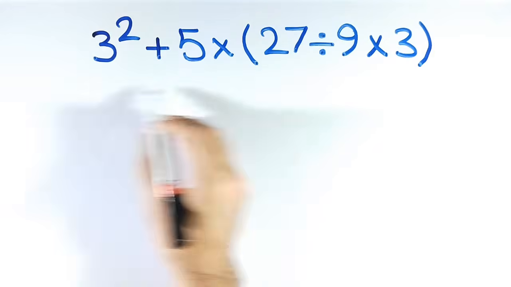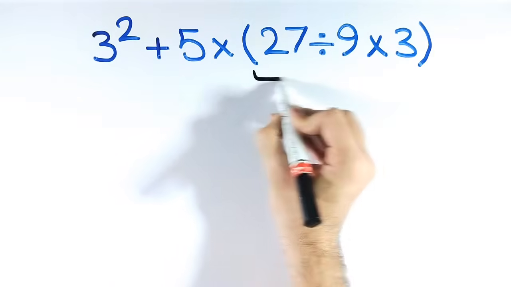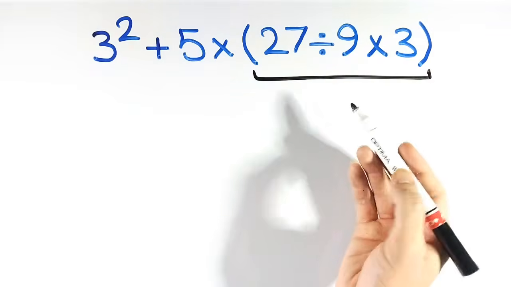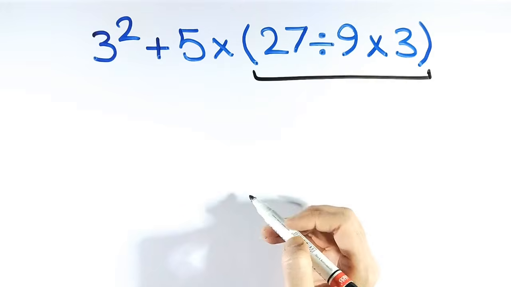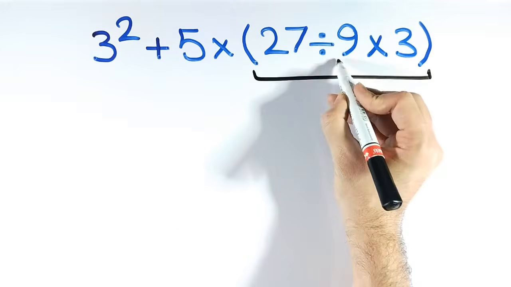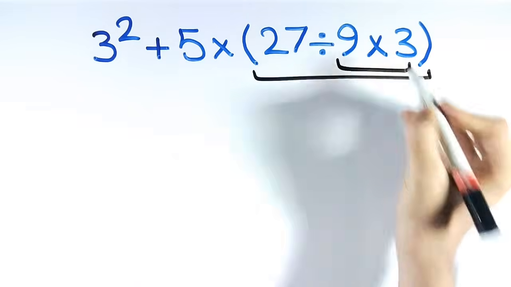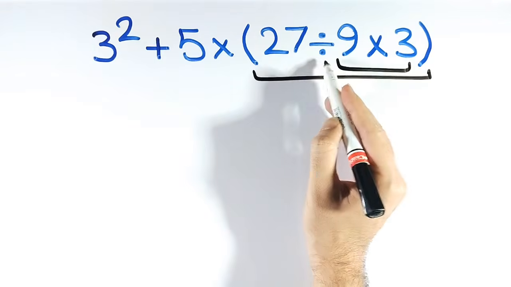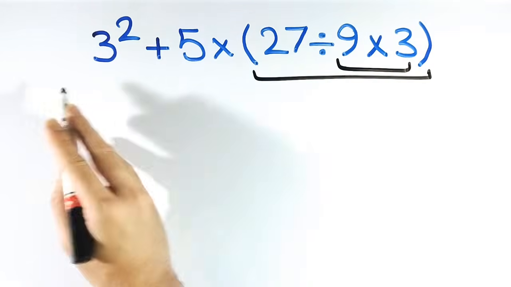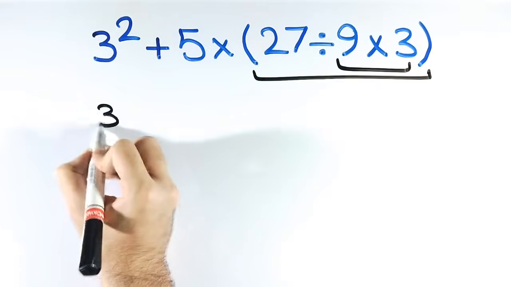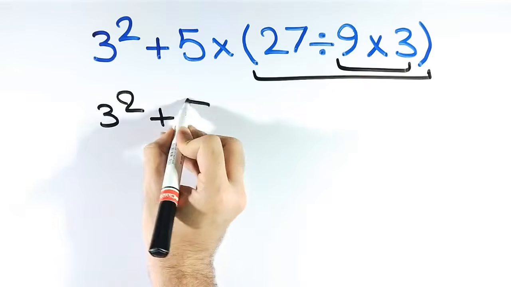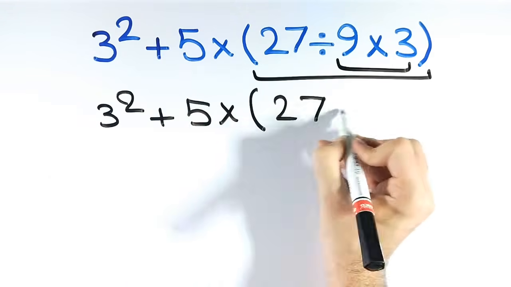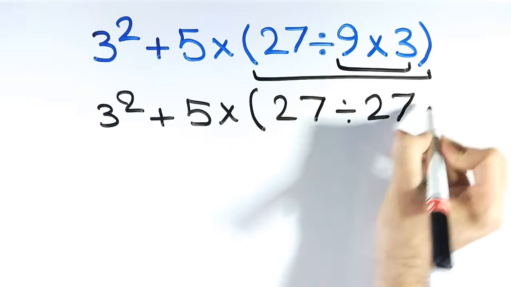Also, some other people when solving this question first go for the expression inside the parentheses because they believe parentheses have a higher priority than the other operations. And they immediately perform the multiplication between 9 and 3 because they think multiplication has a higher priority than division. So, instead of this expression, they write 3 squared plus 5 multiplied by open parenthesis 27 divided by 27 close